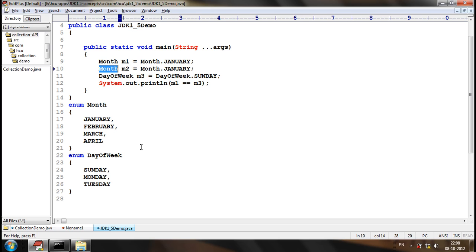Day can be a day and month can be a month. Both cannot be compared, so that the type safety of constants can be achieved. Understood?